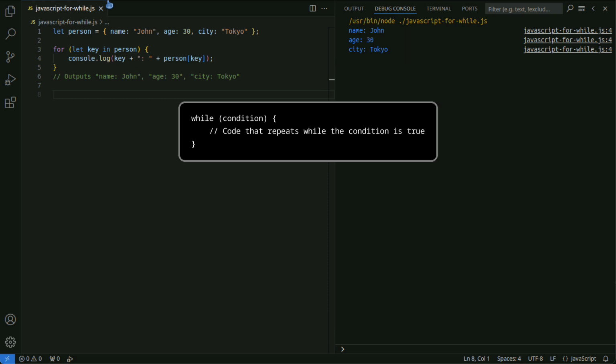The while statement in JavaScript is a loop structure that executes repeated operations as long as the specified condition is true. Similar to the for statement, the while statement only specifies the condition. Condition. Write the conditional expression that determines whether to continue the loop. The loop continues while true and ends when it becomes false.